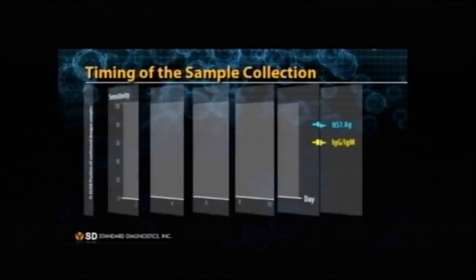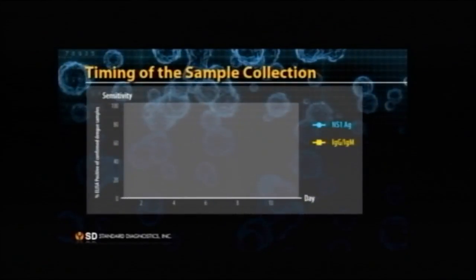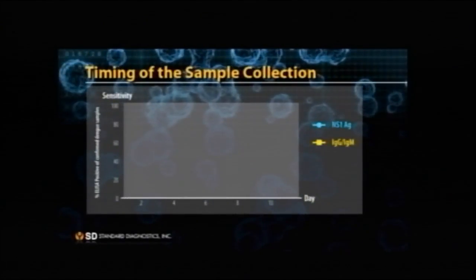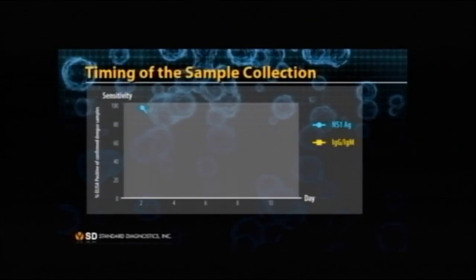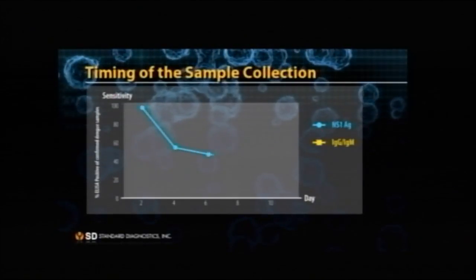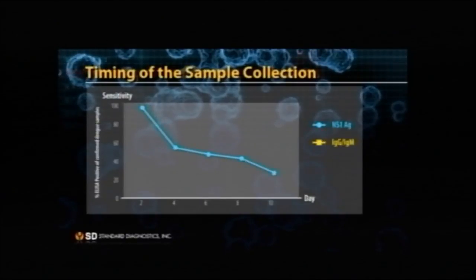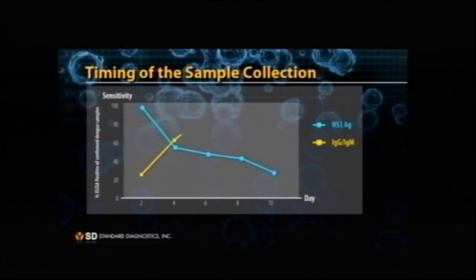What is the effect of the sample timing on the sensitivity of the assay? In the early phases of infection, higher positivity for the detection of NS1 antigen was demonstrated, and the IgM antibodies showed a gradual